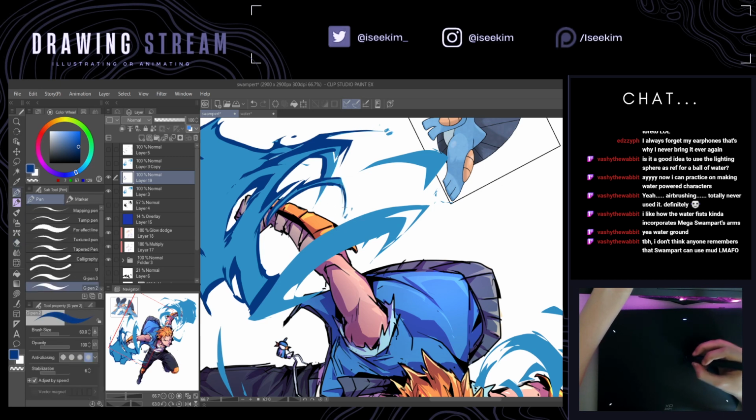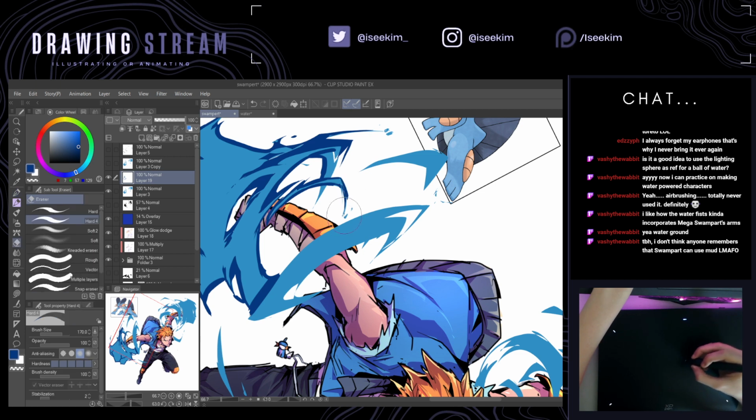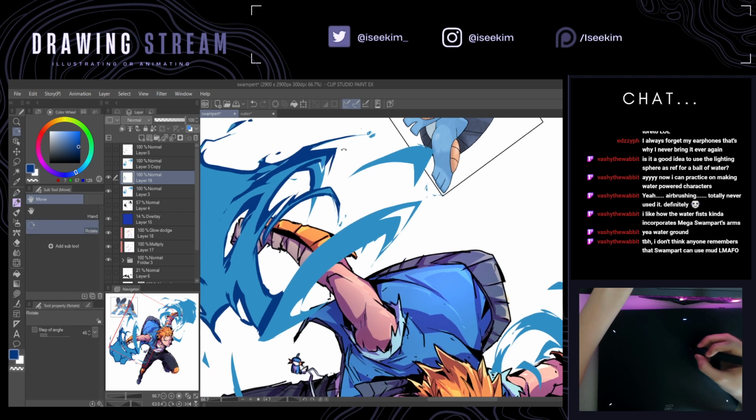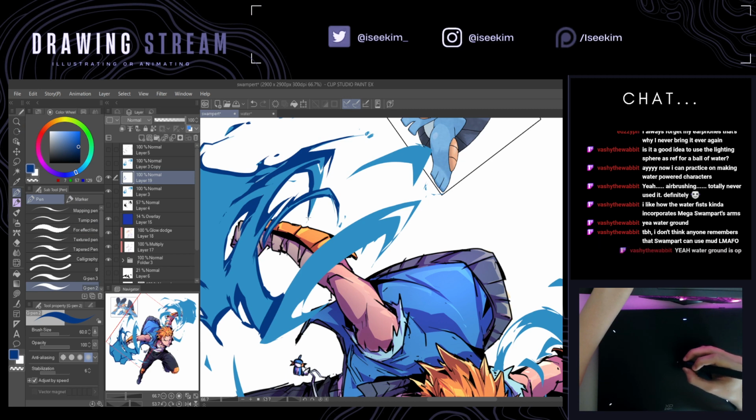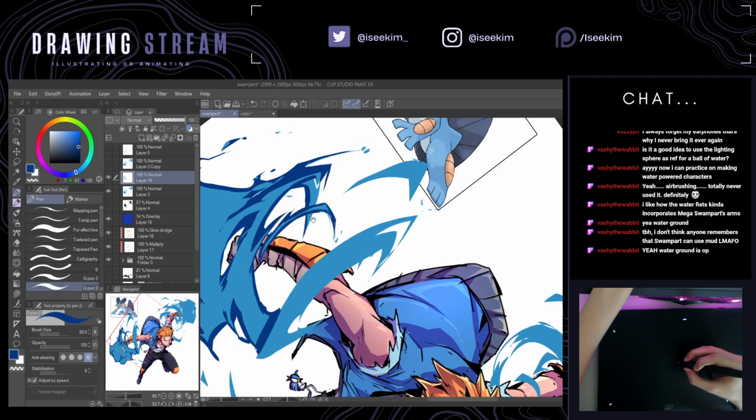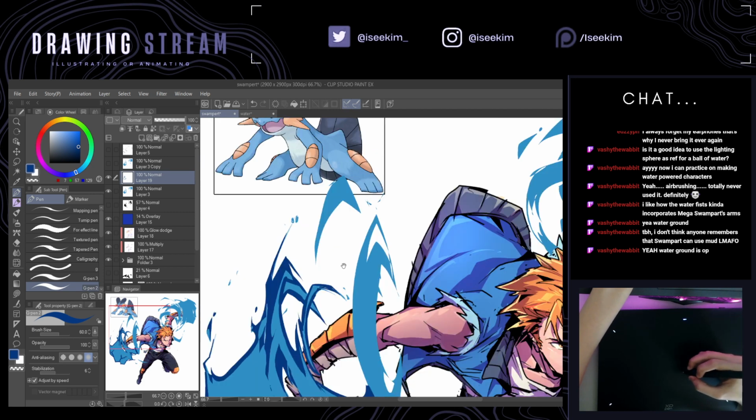Sometimes I forget what types my Pokemons are. And I'm baffled that, okay, you're lightning type, but you can use dark moves. Okay. But yeah, I just noticed that water ground types are kind of OP. Like Quagsire,